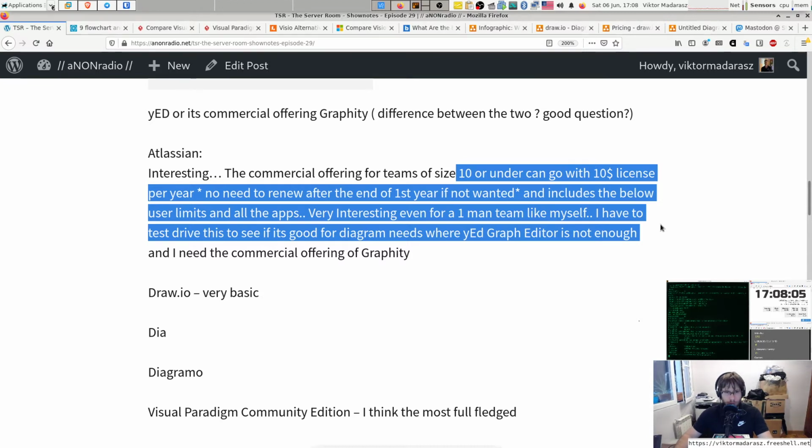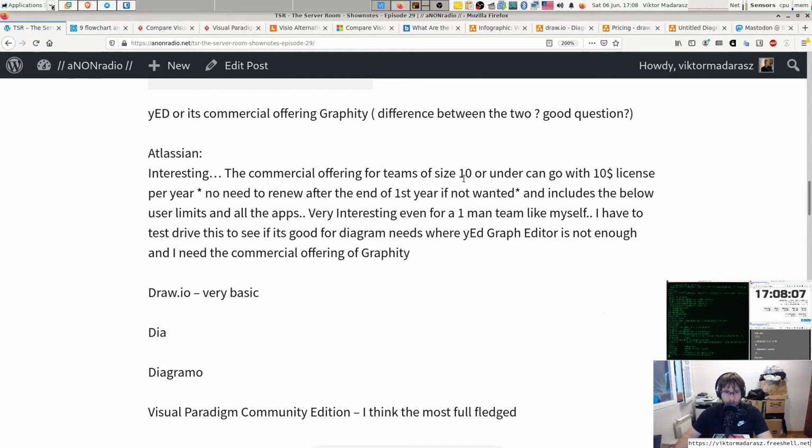So you would continue using it, accepting this team size limitation. As long as it's for yourself, or maybe 2-3 people including yourself, a small team, you can get in very cheap. And if you look at Atlassian, it is not just, as I mentioned, Graffiti, which is yEd's commercial